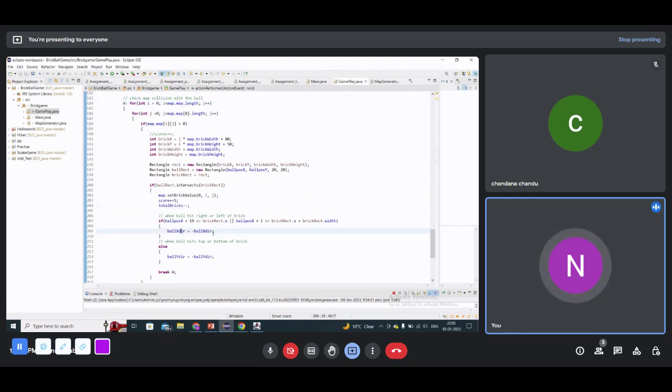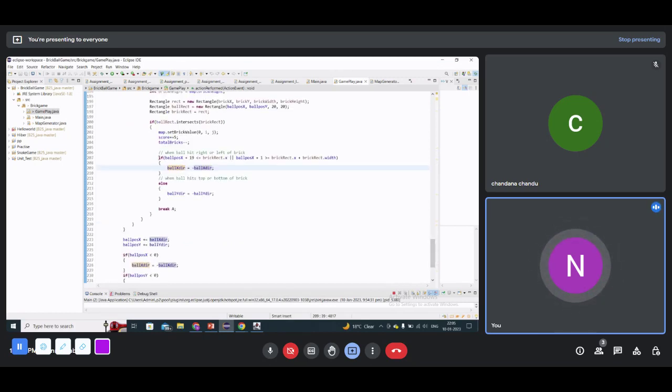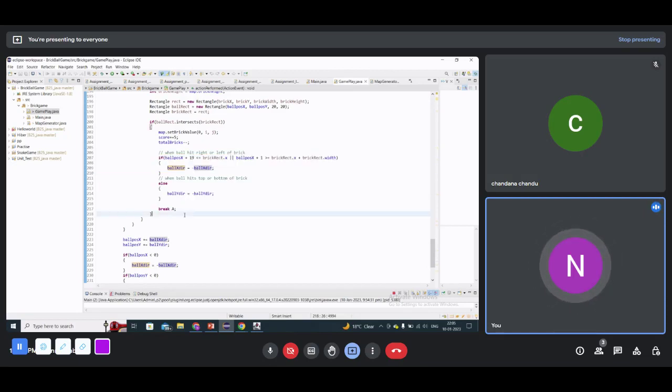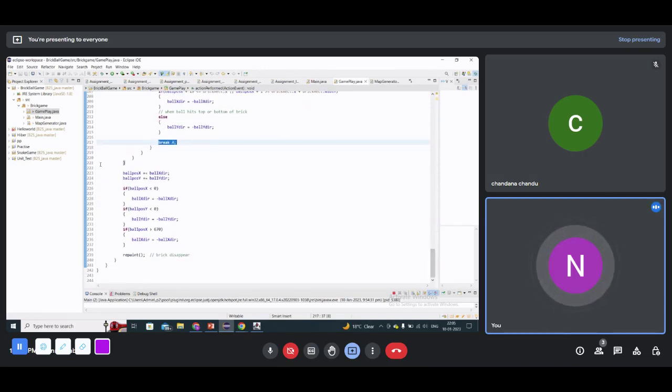And later, when the ball hits the right or left of the brick, the condition for how the ball needs to move will be assigned in an if-else condition, and later we need to come out of the case, so we have given a break statement here. And the total number of how many x and how many y, the position will be known by ball x and